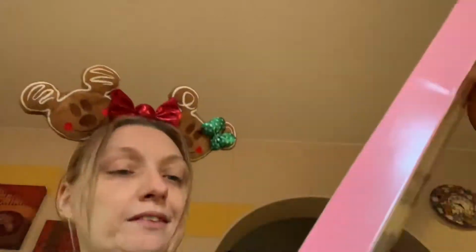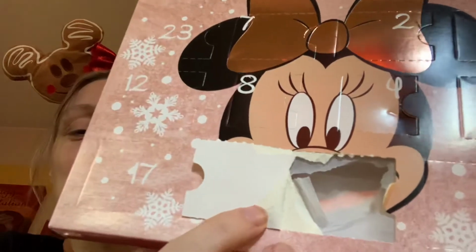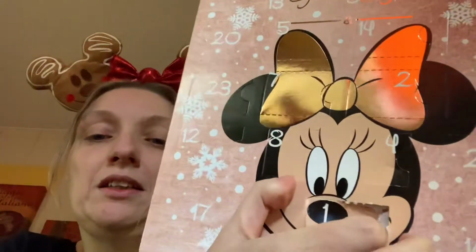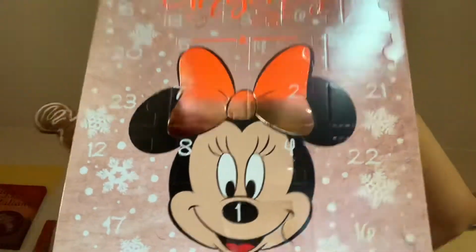Oh look, poor Minnie. I'm going to have to shut that because I can't leave her mouth open. That's just mean. Look, she won't be able to smell or taste. She'll be just like me. Right. So we'll close her up like that. There we go. Okay, and then lastly, which is the reason that I wanted to do this video,